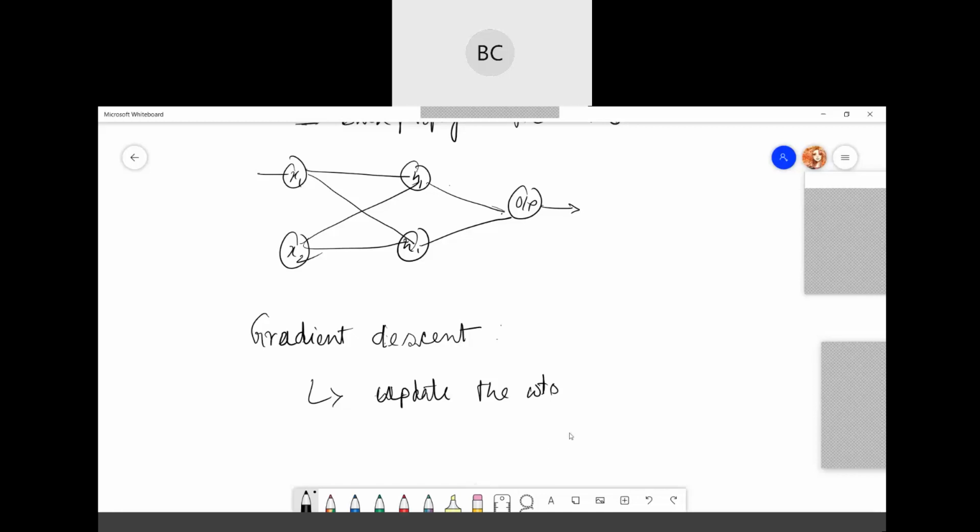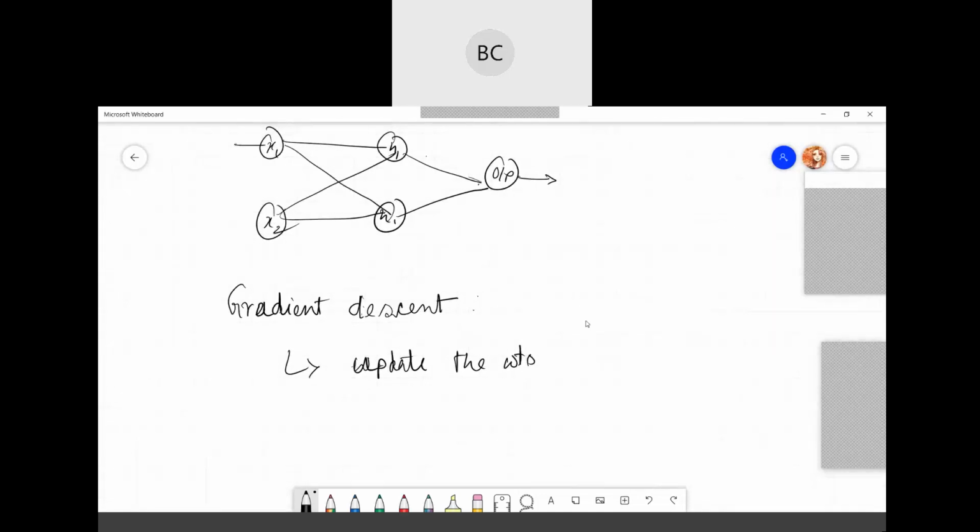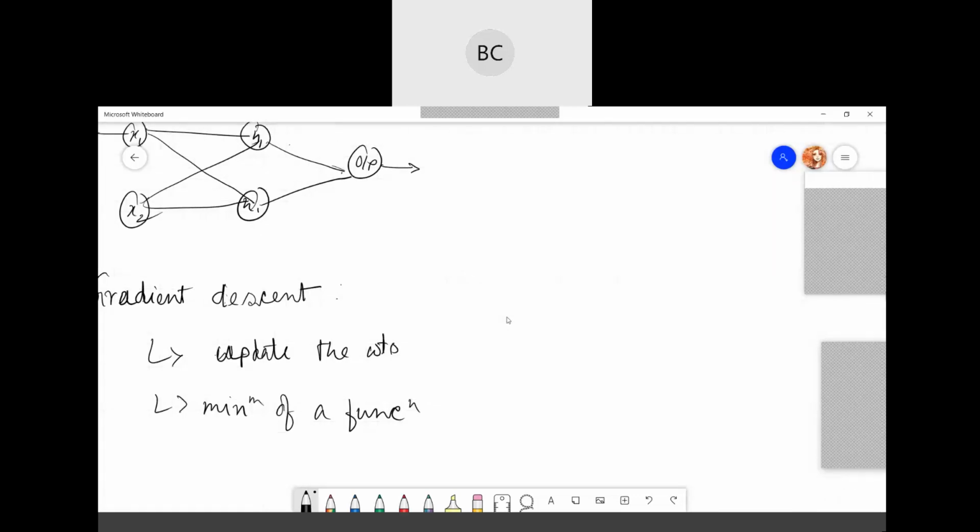Gradient descent basically finds the minimum of a function. Now in our case, what are we trying to reduce? We are trying to reduce the error. So with the help of gradient descent, we are going to minimize the error function.